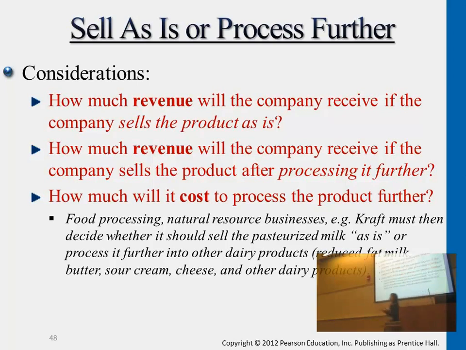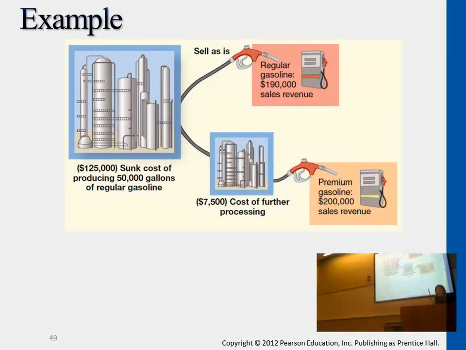So it's actually very similar to accepting the special order or not. What is the increased revenue we're getting, and what is the excessive cost we're spending? These two compared, which one is higher, which one is lower. So here for selling as it is right now and process it further, same thing. We want to compare whether the increased cost is worth it or not. Are we actually getting more revenue after spending that cost to process it further? So let's take a look at this example here.